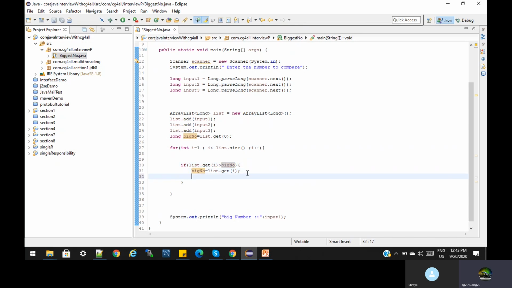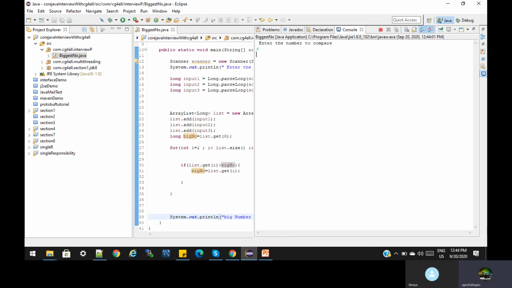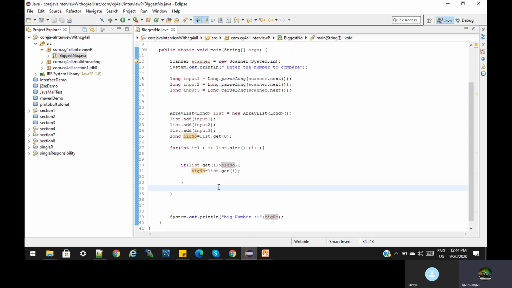Right, here. Okay, so we are printing input 1. We have to print the big number, correct? Control C and print the big number. Control S. Run again. 6, 8, 9. Biggest number. Last time we made a mistake: we were printing the value of input 1, but we have to print the big number. So this is the classical for loop.